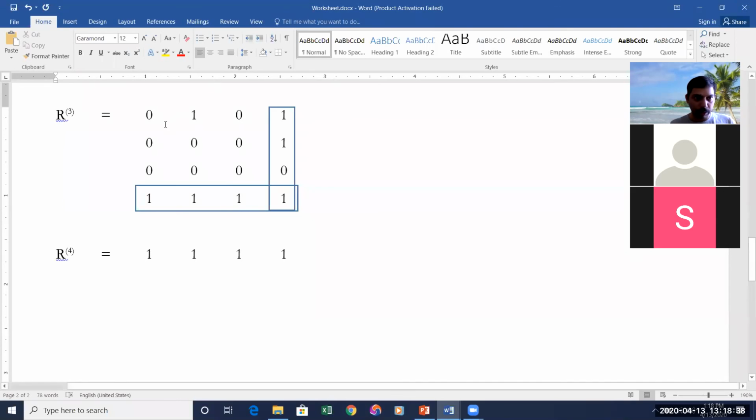Second row. Similarly, there is a 0 in the previous matrix, same position. Therefore, the corresponding column and row have a 1, so mark it as 1. In the next position of the previous matrix, there is a 0. The corresponding row and column contain 1, so mark it as 1. In the same position of the previous matrix, there is a 0. The corresponding column and rows have a 1. Therefore, it is 1. In the next position of the previous matrix, there is a 1. Directly write it as 1. Okay. Coming to the third row.